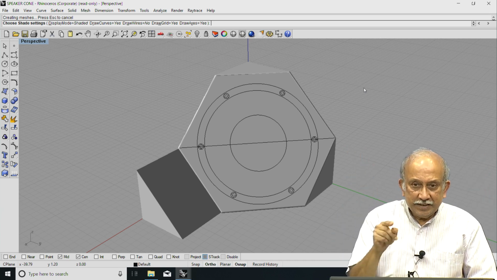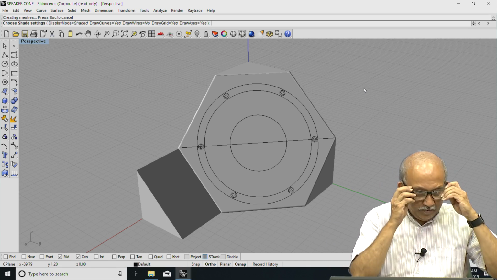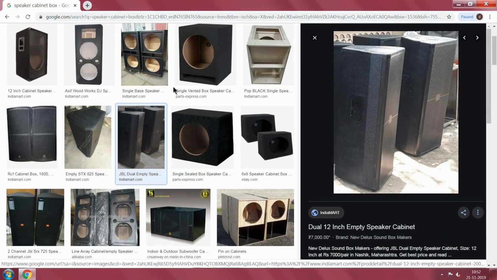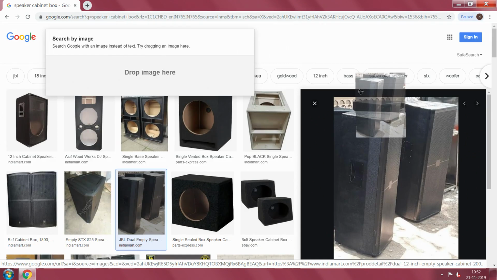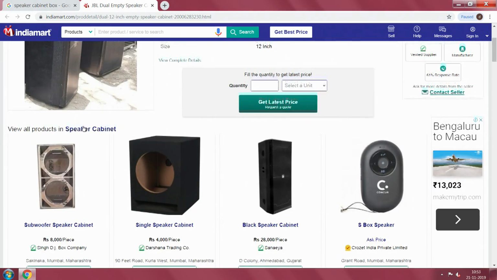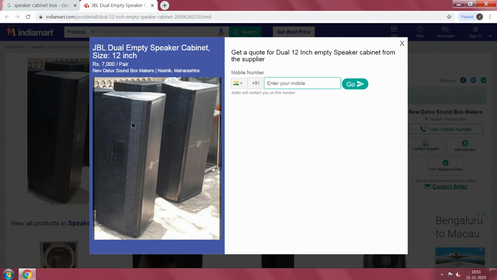The issue being, now if you look at a regular practical speaker, and you see this corner speaker element, see that there is a beautiful cut there, and this is how exactly these things are produced.